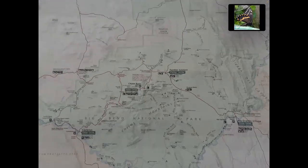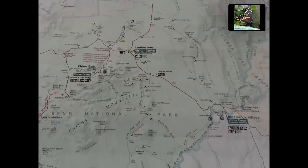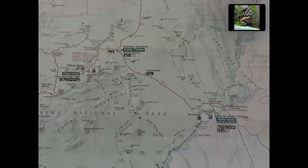So we're going to start off in the lower right. You see Rio Grande Village. So when you come down from, say, Marathon, you see Panther Junction. That is where the visitor center is. We're going to travel down about 20 miles, and we're going to work east to west in this case, starting from Rio Grande Village